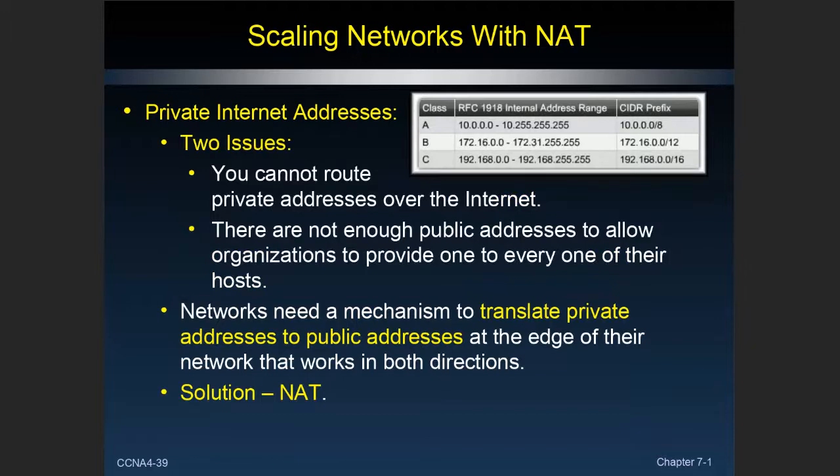We can't route private addresses over the internet. So that's one of the reasons we use network address translation: to translate that inside private address into an allowable globally unique address that can exist on the internet. Now, there's not enough public addresses to allow organizations to have one globally unique IP address for every one of their host machines. It used to be the case back in the 90s when I worked for the college textbook publisher. Yeah, we were 167.208-something. I'll never be able to forget that number because I statically configured it 10,000 times.